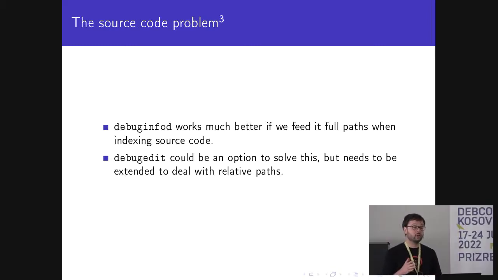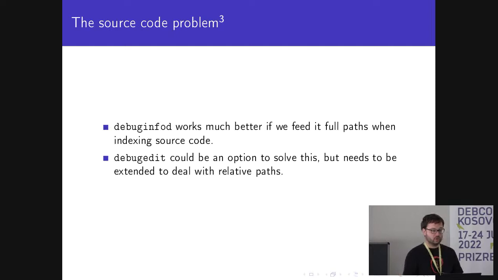So for example, using Fedora as an example again, Fedora always uses /usr/src/debug for the prefix path. And then everything that comes after that is the package path. So it is deterministic because it's always the same prefix. And when the debuginfod server at Fedora tries to index the source code, it always finds source code under